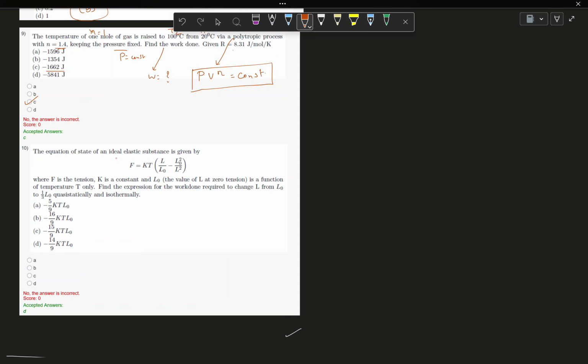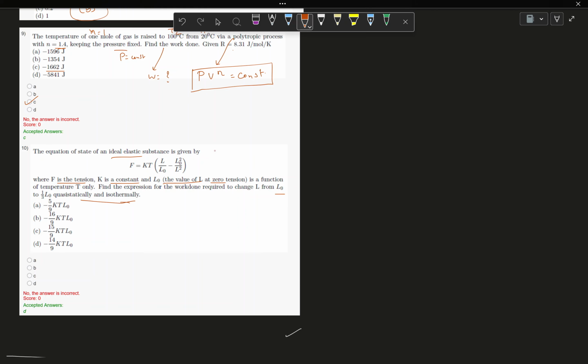The equation of state of an ideal elastic substance is given by F equals some terms of K, T and L naught, etc., where F is the tension of that object, K is the constant, and L naught is the value of L at zero tension, which is a function of temperature. So L naught is a function of temperature. Find the expression for the work done required to change the length L from L naught to 1/3 L naught